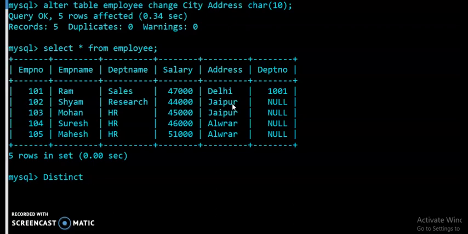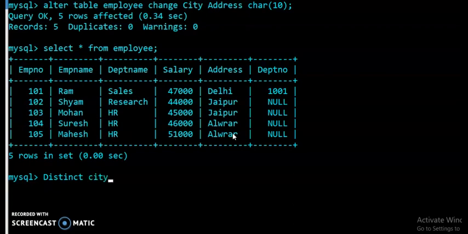We can check here that in the address column 2 or 3 cities are repeating. Here 5 records are present, but the cities Delhi, Jaipur and Alwar are repeating. If you want to check how many cities the employees in your office belong to, then for that we have to use the distinct command.